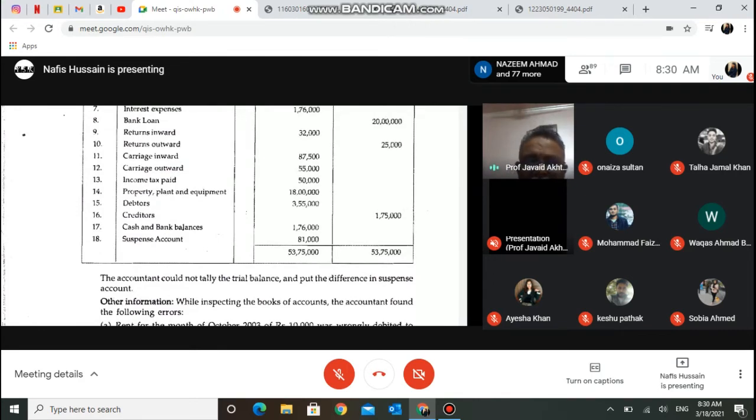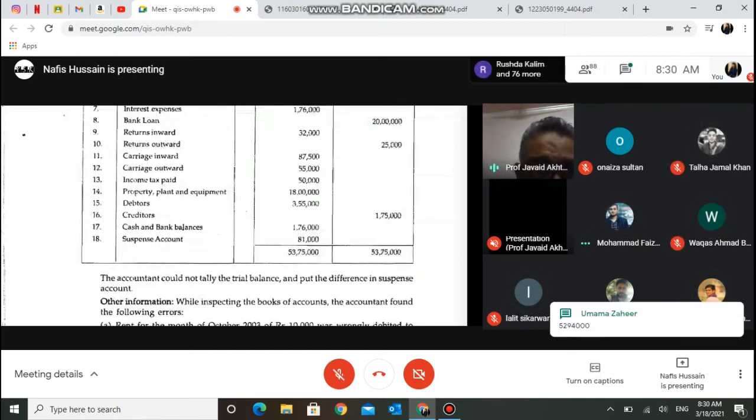Do you need some time to calculate, or can you say it without calculation? So 52. What is the total of the credit side? 53,75,000. Credit side total is very much clear. What should be the total of the debit side? 52 lakhs 94,000. Straight away, the difference between 53,75,000 minus 52,94,000 is